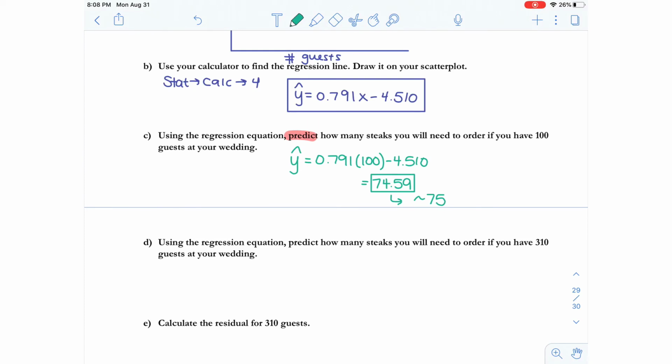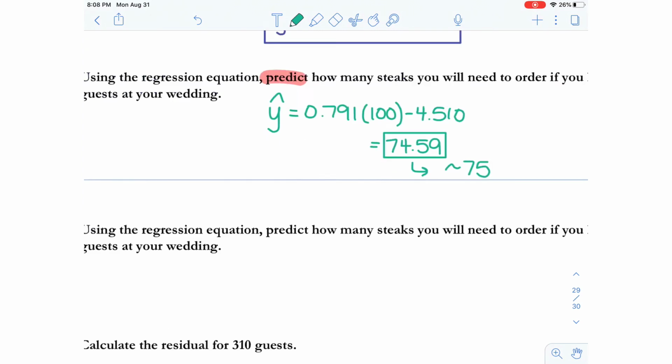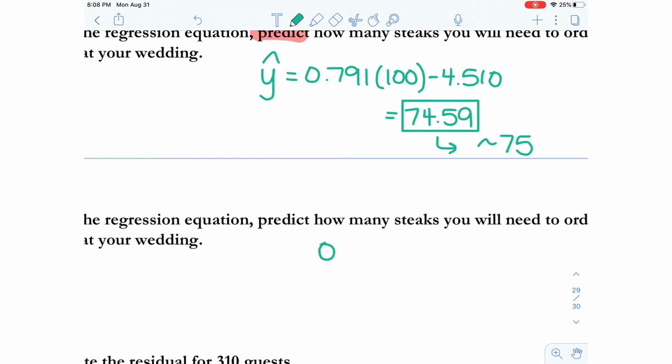Now using the regression equation, predict how many steaks you'll have to order if you have 310 guests. Same story. I'm just going to do the same thing, but this time with 310. So we have 0.791 times 310